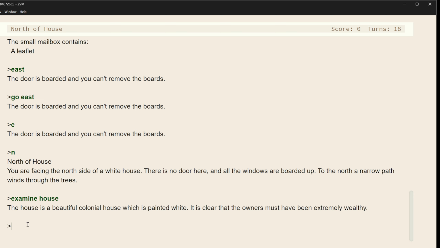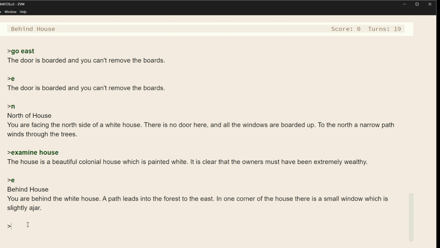I make a lot of hay out of this in my writing at Gold Machine, that this house is colonial and the idea of wealth and accessing the great underground empire. To me, the game has a colonial theme, but more on that in a bit. So we're north of the house. Let's try to get east of the house, okay? So type E for east.